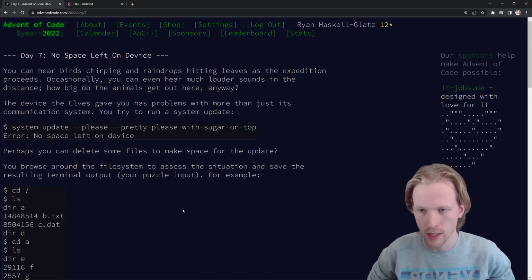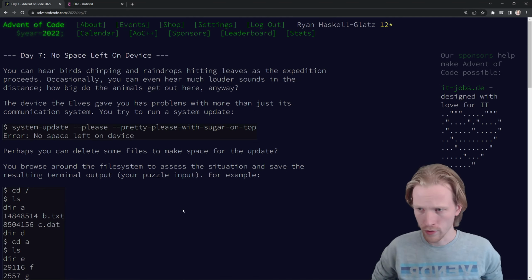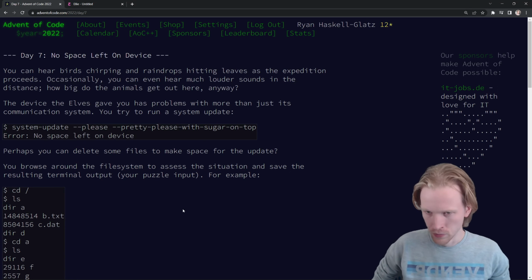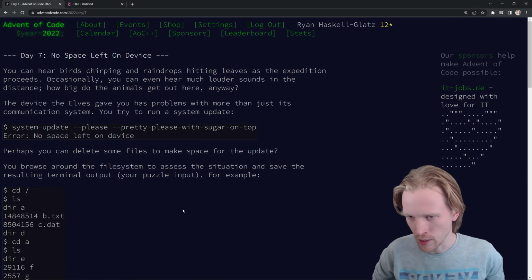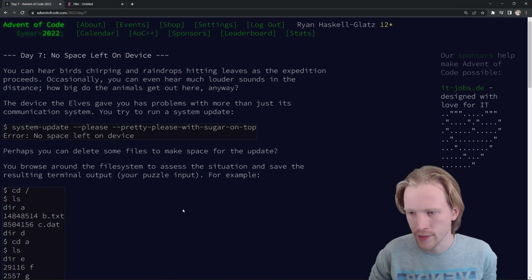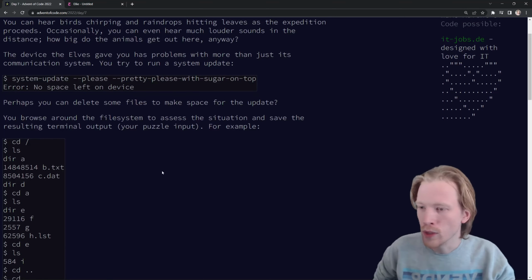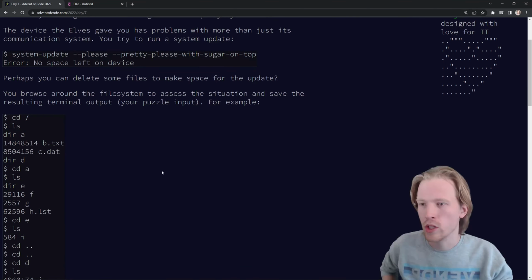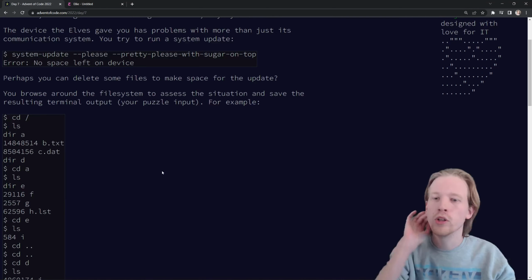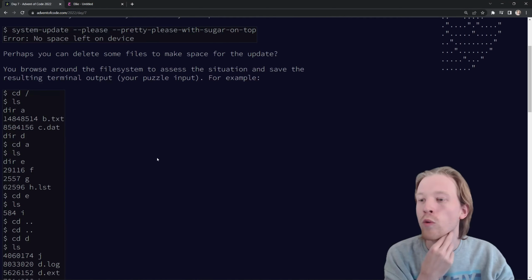The device the elves gave you has problems with more than just its communication system. Try to run a system update. System update, please, pretty please, with sugar on top. And you get error, no space left on device. Perhaps you can delete some files to make space for the update. You browse around the file system to assess the situation and save the resulting terminal output, your puzzle input. For example,